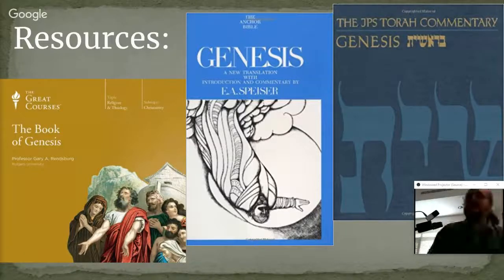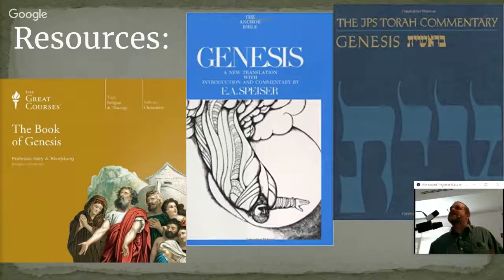Those are some commentaries directly on Genesis that I recommend, three different ones from different perspectives: a Jewish perspective, a scholar's perspective, and then a maximalist perspective, a mainline scholar and a maximalist. Okay,